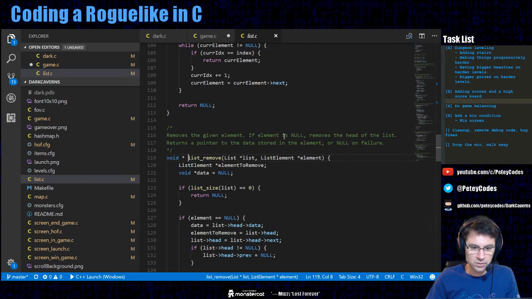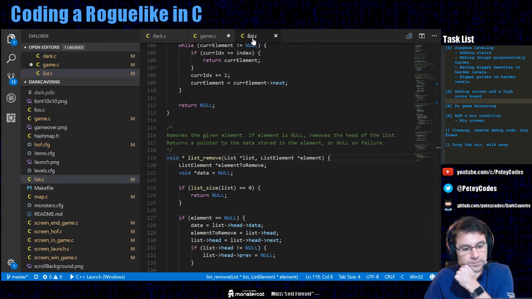All right, so list remove. It removes the given element. Okay, so that's what we want because we actually have the element. If we remove the element, I think that might kill our